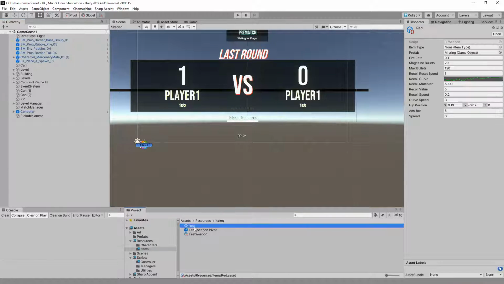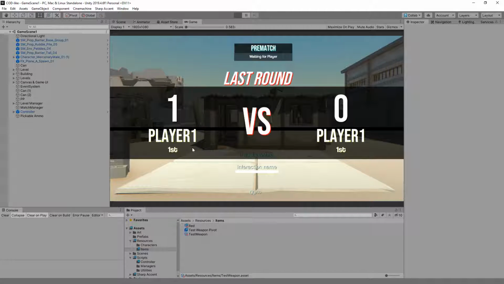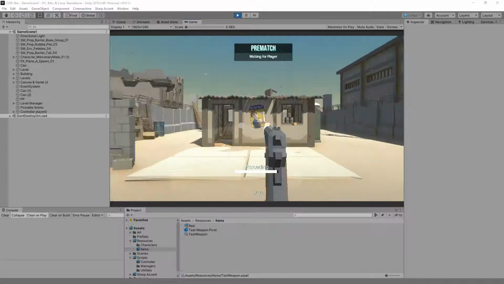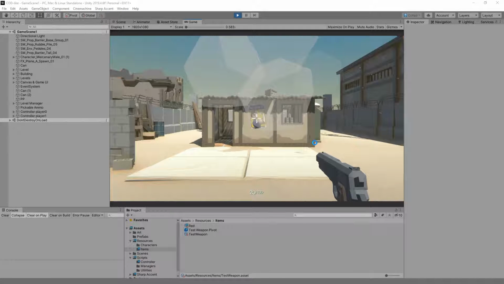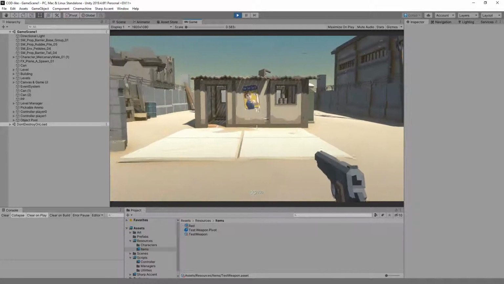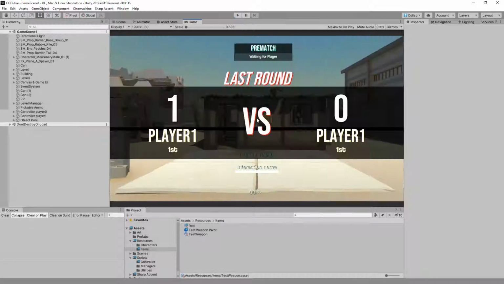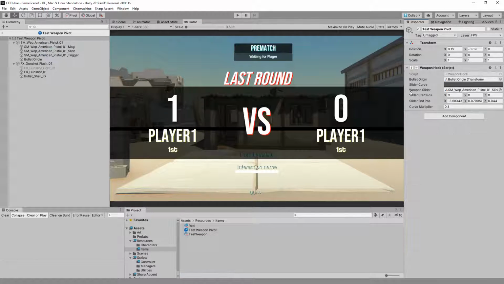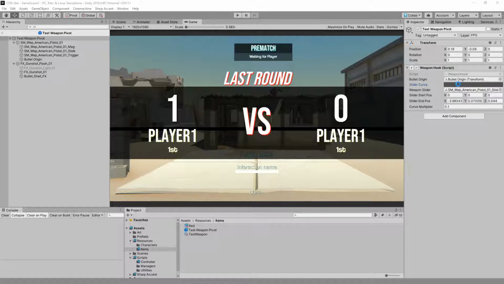Okay, then on both weapons I'm going to add the same prefab, because we don't really care about the different weapons, we only care about doing the animation. Okay, so I see we don't get the actual animation because we do not have a slider curve, first of all. So here's the thing,